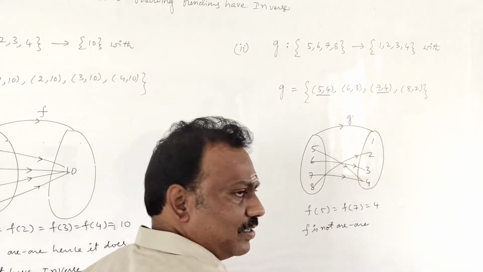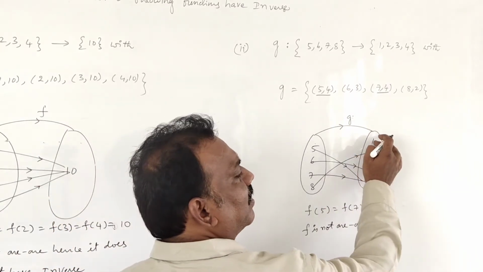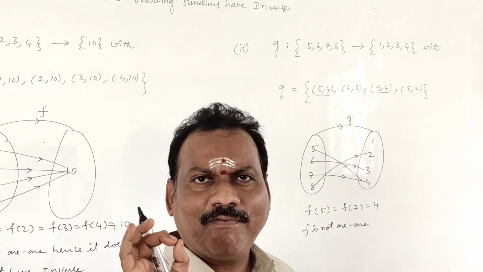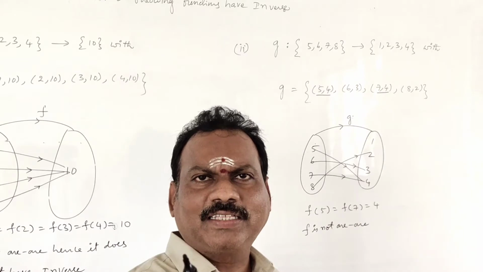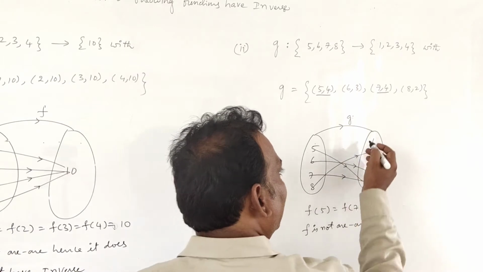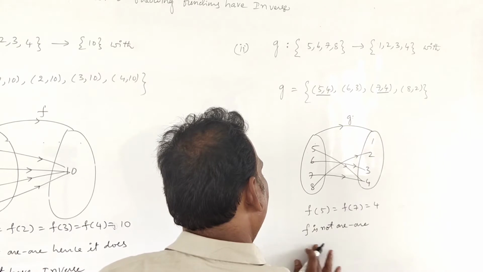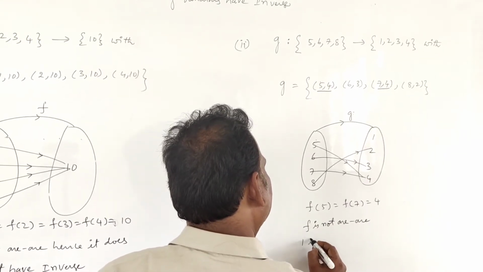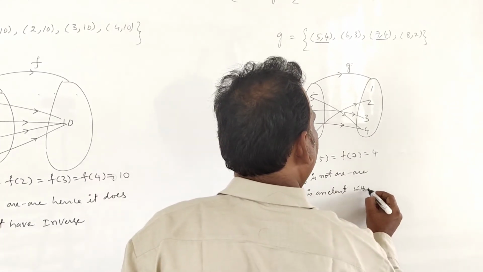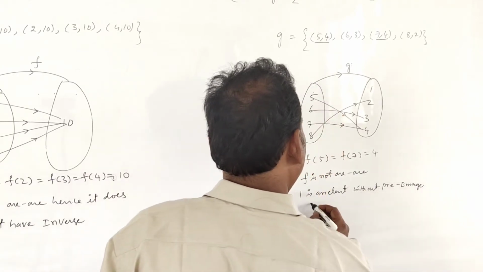Is it onto? Check it. It is not onto also. Why? Because there is an element in set B without a pre-image. So what is the onto function definition? For every element of set B, there exists at least one pre-image in set A. So you can write: 1 is an element without pre-image, hence